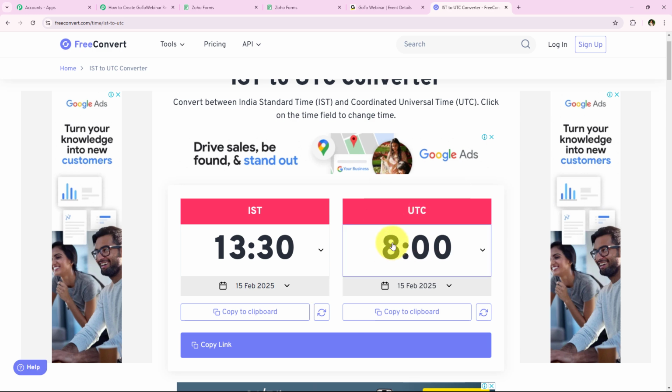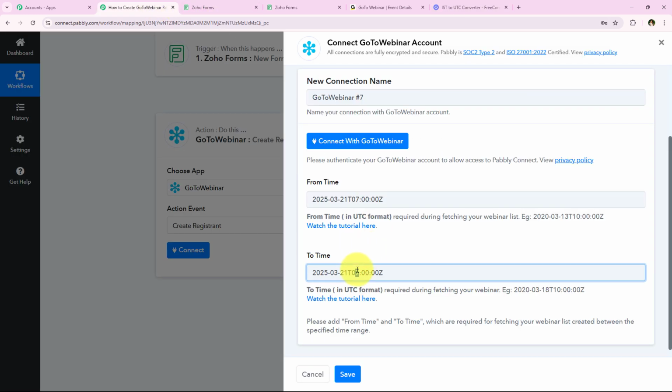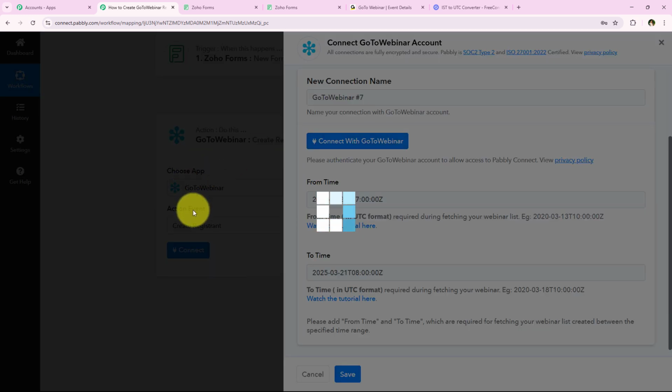And yes, you can see in UTC it is 8. So I'm just going to erase this 7 and enter 8 over here. So yes, you can see that we have successfully entered the from time and to time. All right, so now after entering both of these, I'm just going to click on this connect with GoToWebinar button